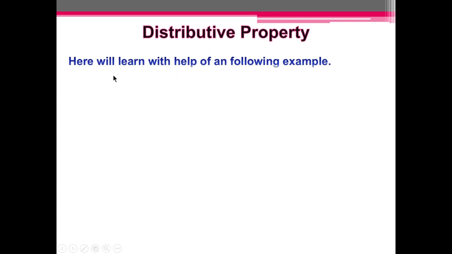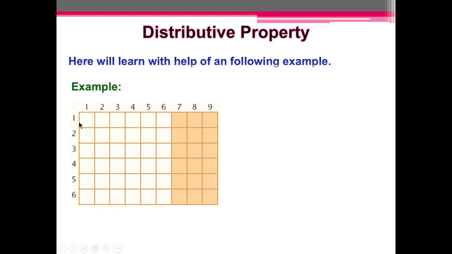Distributive property. Here, we will learn with the help of the following example. Shall we have a look? Yes. Here, we have squares which are divided into unshaded and shaded columns. We have to find the total number of squares. For this,